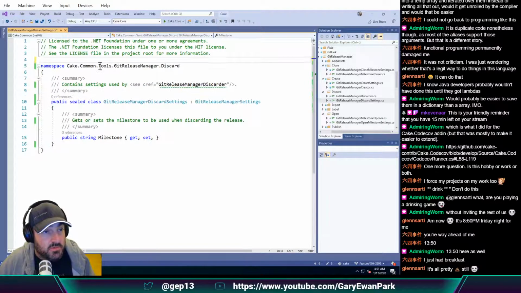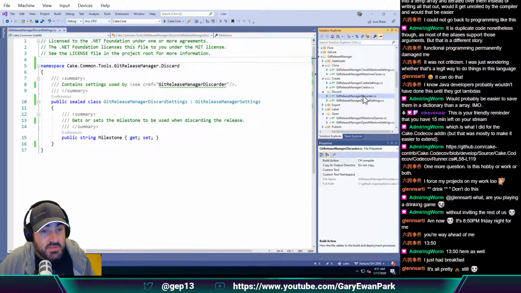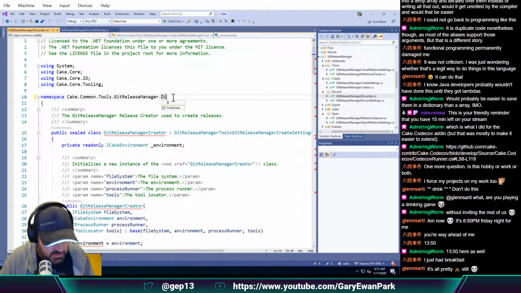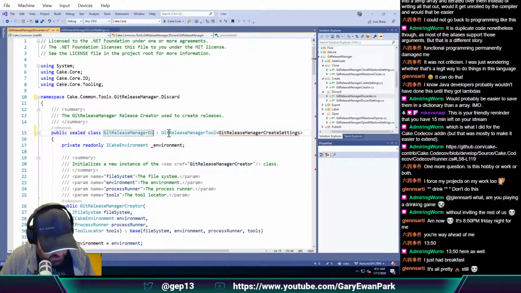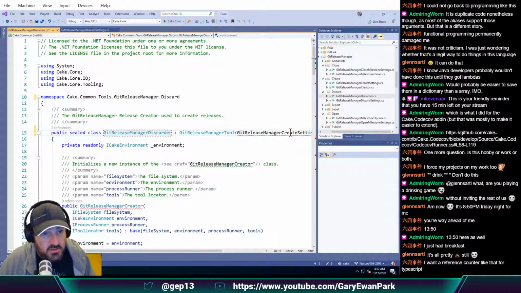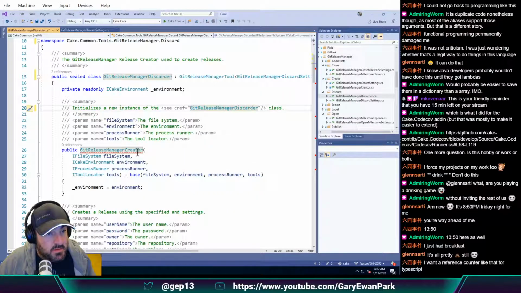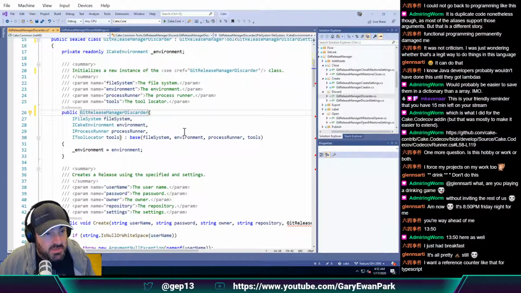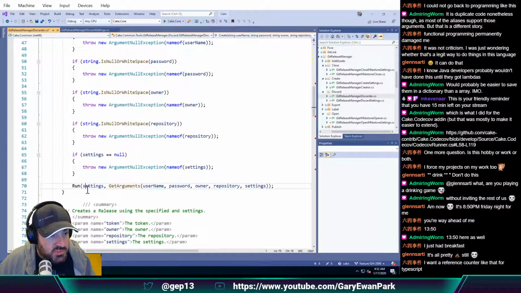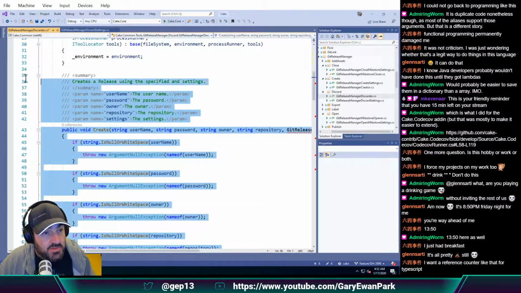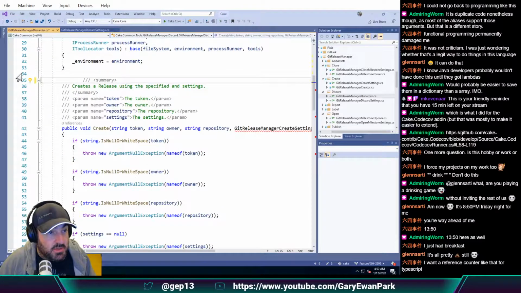Okay, so it's just got one additional property. Don't need this namespace anymore. So let's have a look at the discarder. This needs to be in the same namespace. Discard. This is going to be the discarder of that. I love just making up words. It's great. Discard settings. Let's copy that and stick that on there. GitReleaseManager discarder. Takes in all of those things, does some stuff with them. Again, the create was split into username and password and token. So we'll take out the